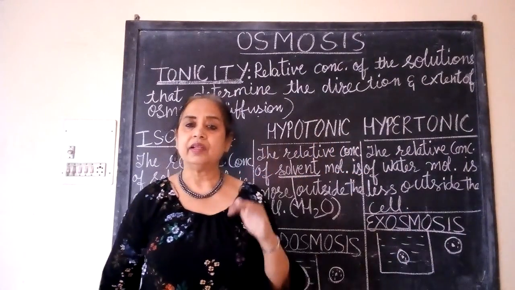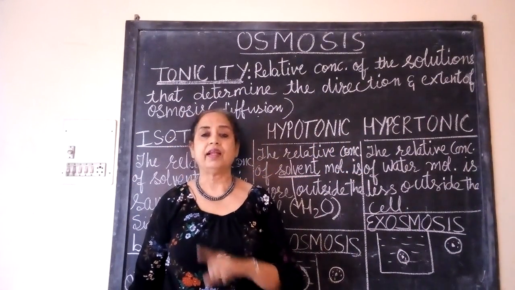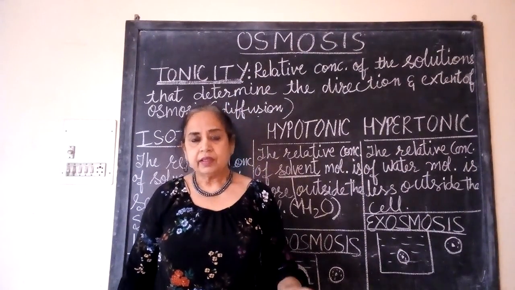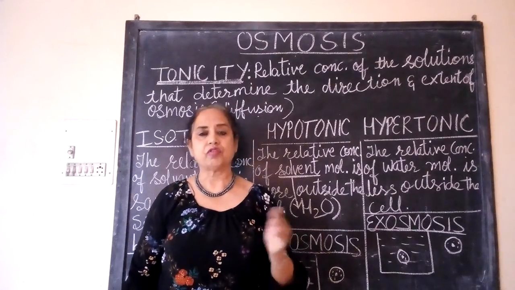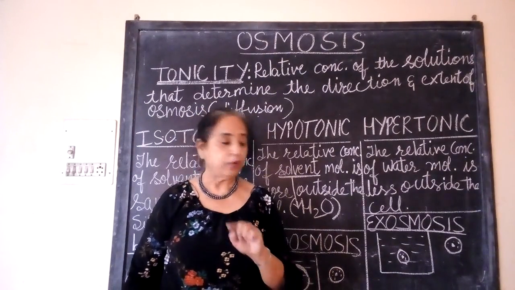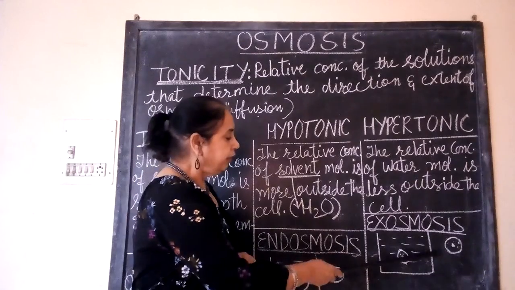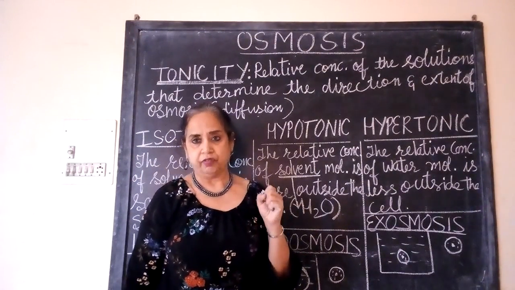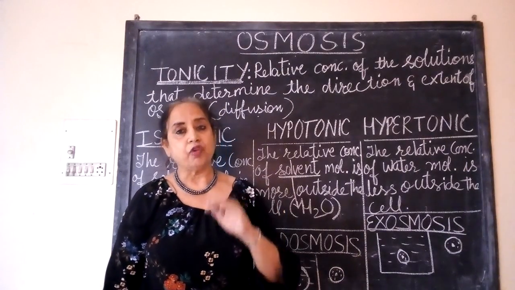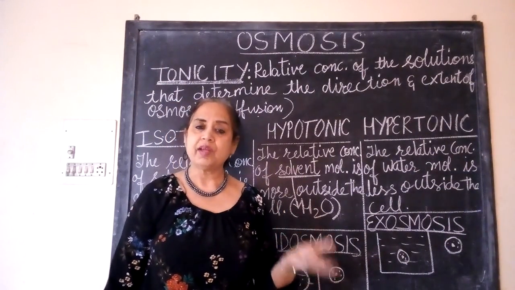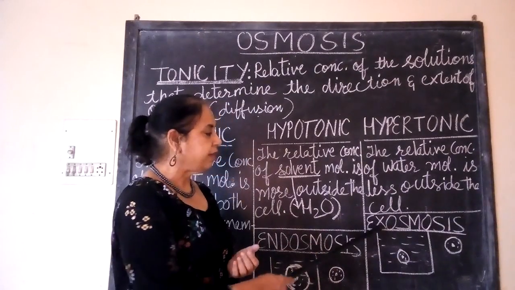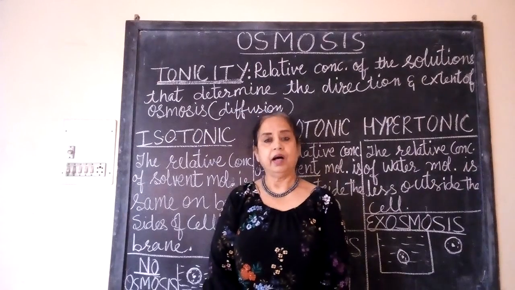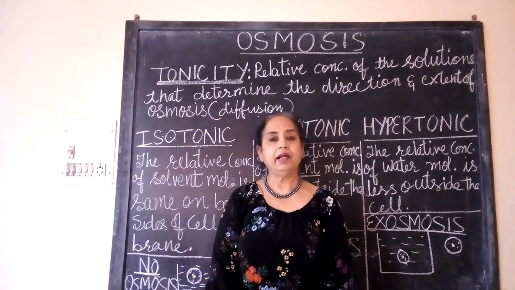So the concentration inside the cell or outside the cell is never absolute. It is relative. It depends upon the concentration of the solvent and the solute in the surrounding medium. I hope now it is clear to you. So when we put this cell into this solution, we observe there is shrinkage of the cell. Shrinkage of the cell happens because water molecules have moved out through the semi-permeable cell membrane, that is, exosmosis has taken place. So this is all about tonicity, isotonic, hypertonic and hypotonic.